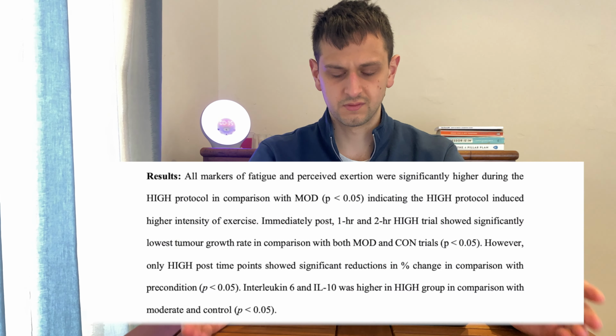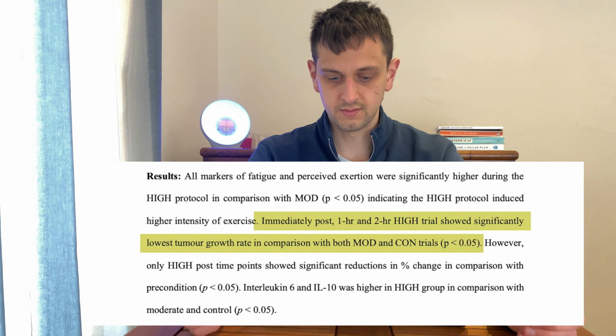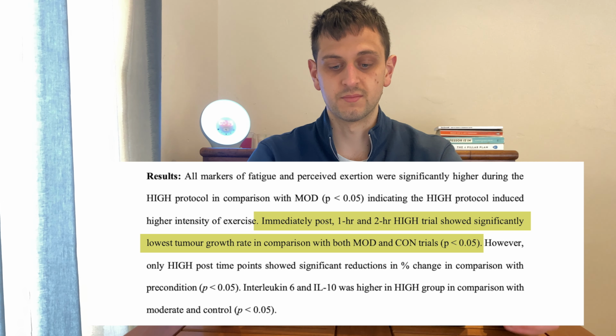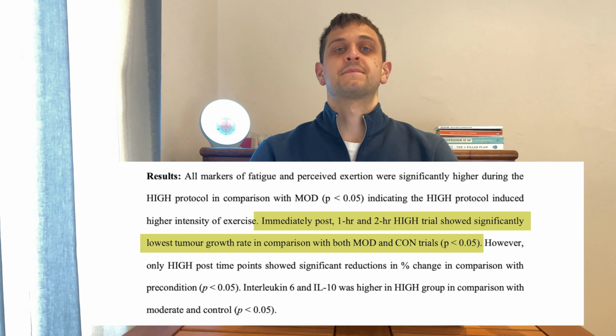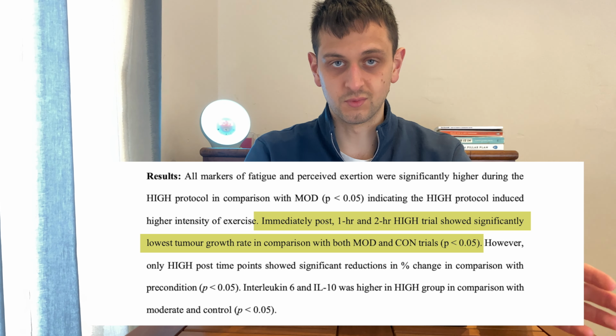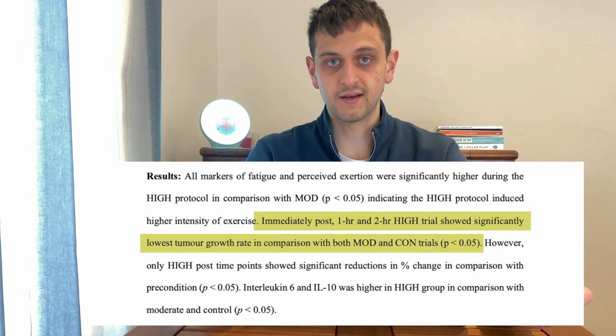So this is just to make sure that anything from this part onwards is valid, because we made sure the 2 exercise intensities were significantly different. Really, post 1 hour, 2 hour in the high trials shows significantly lower tumor growth rate in comparison with the moderate control trials. Okay, so this is probably the most important sentence of the thing, because we are initially saying